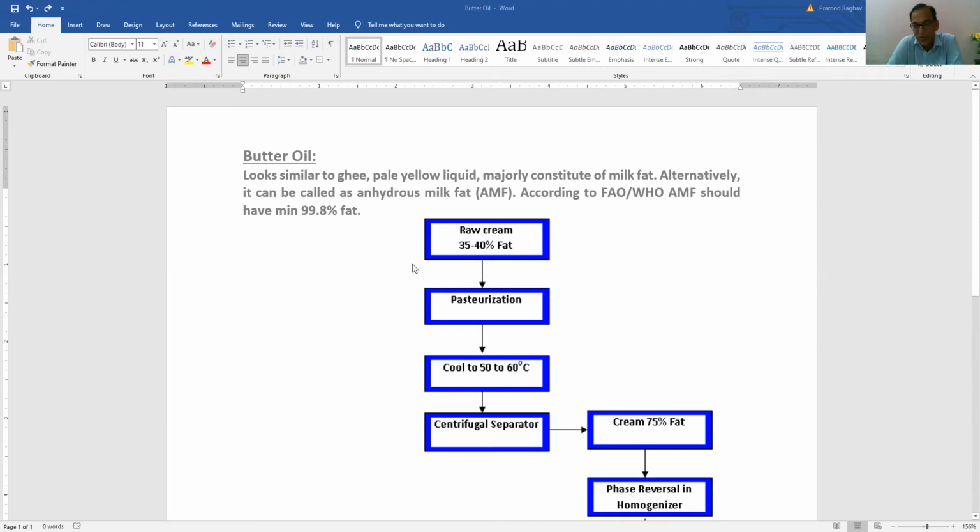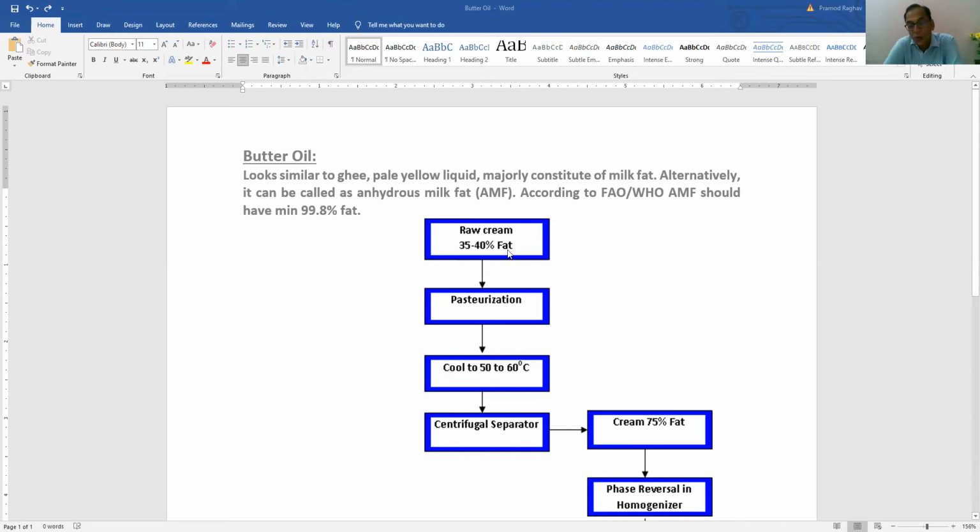Now, I told you how to make it from the milk. So naturally you have to take milk first. After milk, you separate the cream using a centrifuge separator, a cream separator, and you get the raw cream here. This is the raw cream, which is 35 to 40% fat, nothing else.